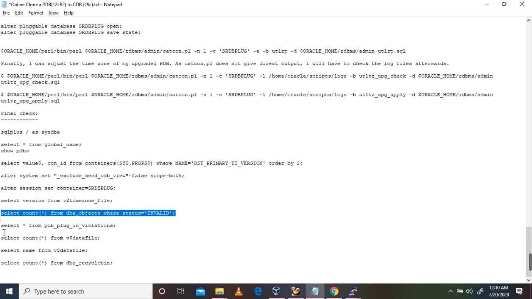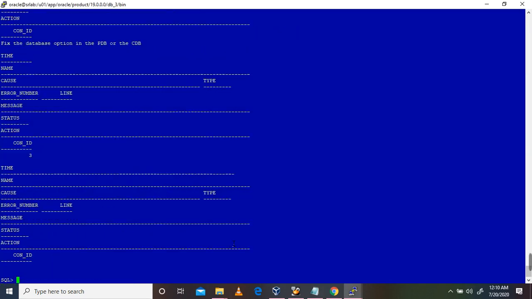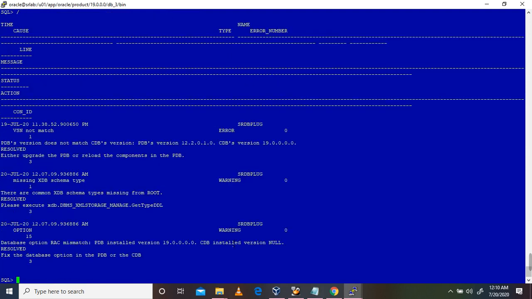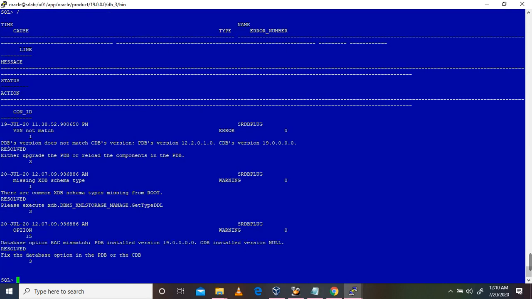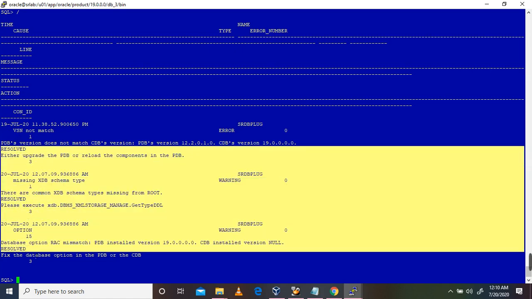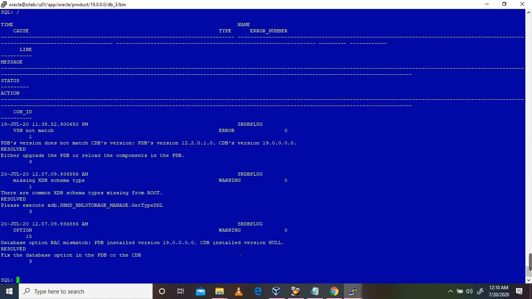Any invalid objects? Nothing. Any plugin violations? This is resolved, everything resolved. You can see here the status is resolved, so nothing to worry about.